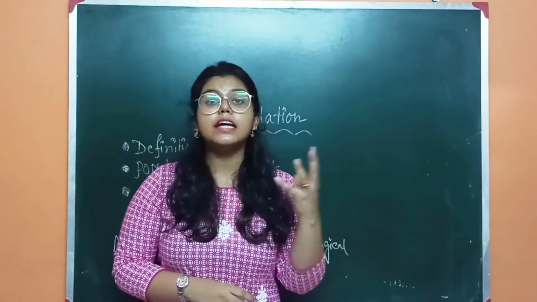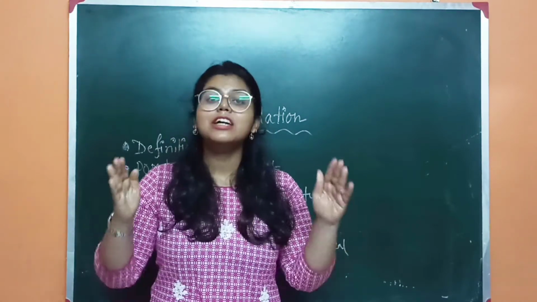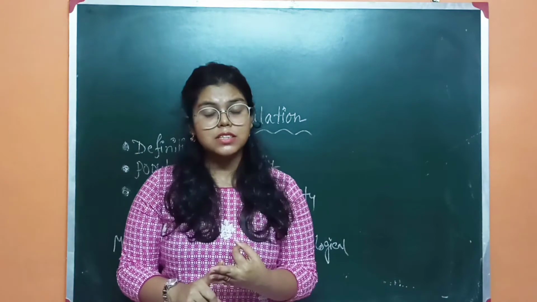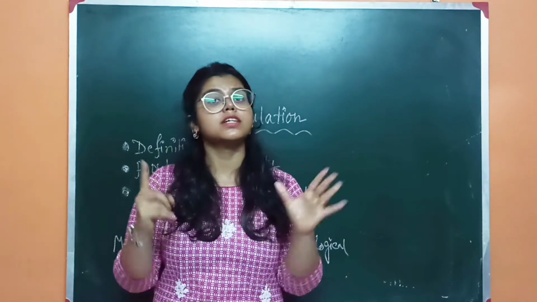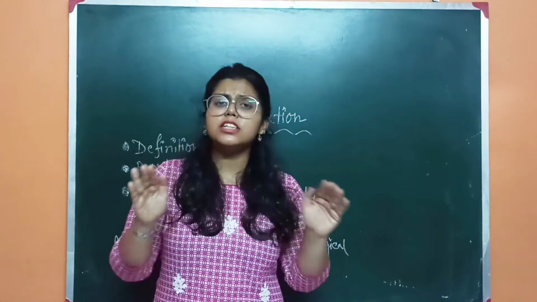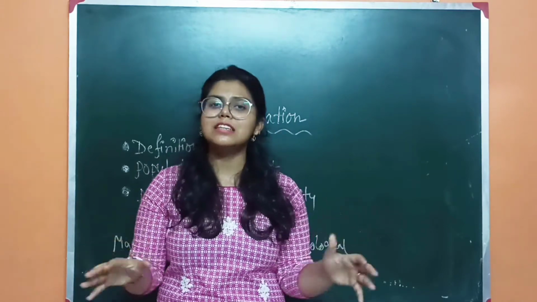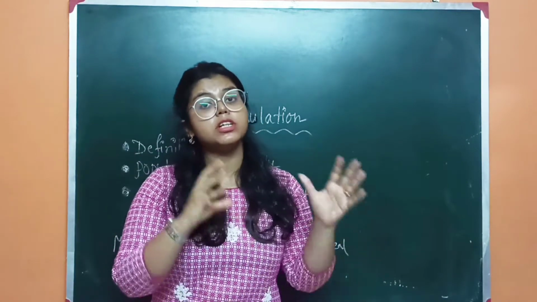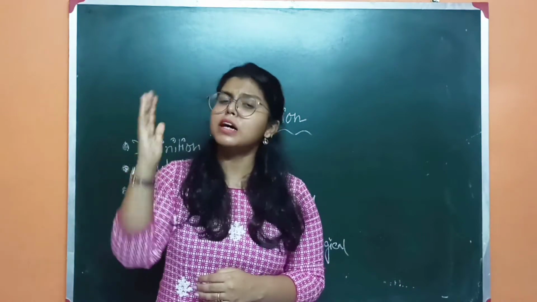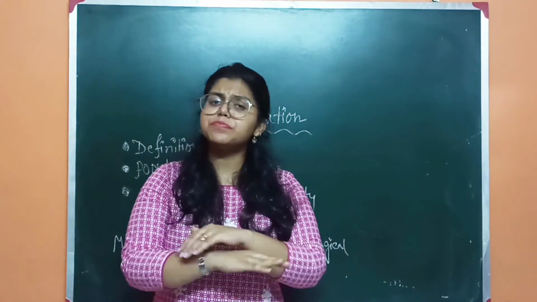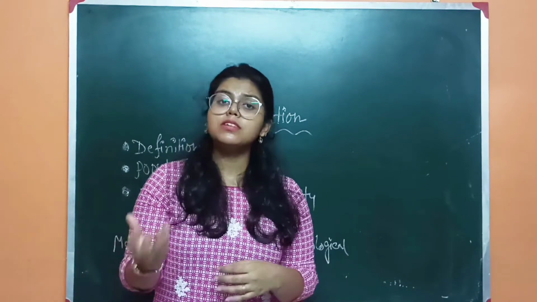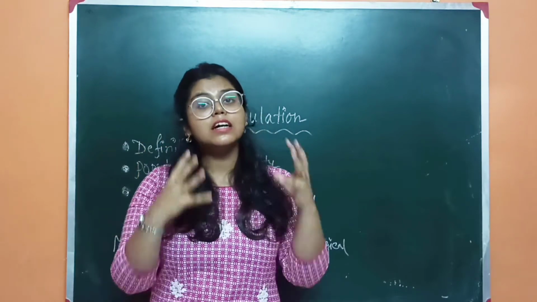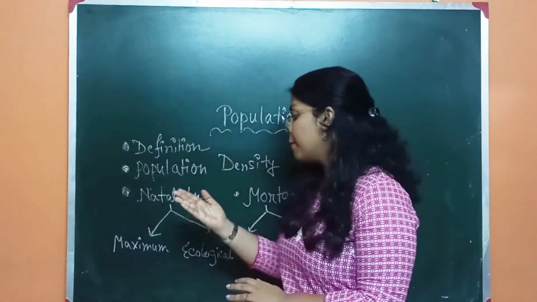What are the ideal environmental conditions? Basically there are no limiting ecological factors, no competition, no predation, no natural disaster, no scarcity of food or space, nothing. That situation cannot occur at any time, basically. In that ideal condition the total number of offspring must be maximum, right? There is no possibility of dying because there is no competition, no disease, no other reason for dying. So this is the maximum natality.